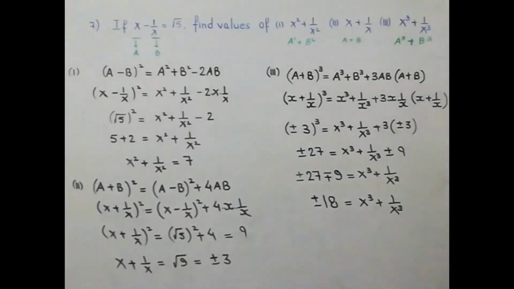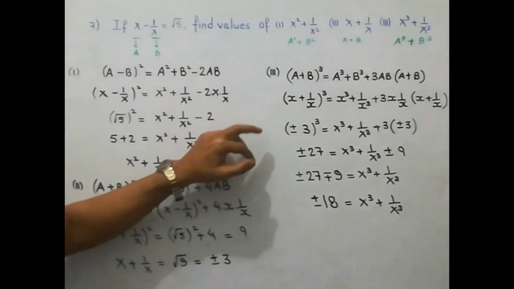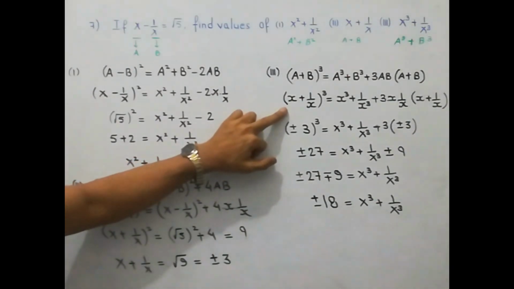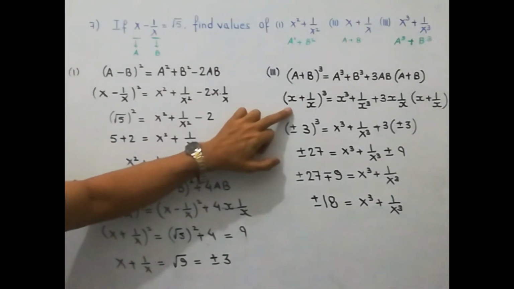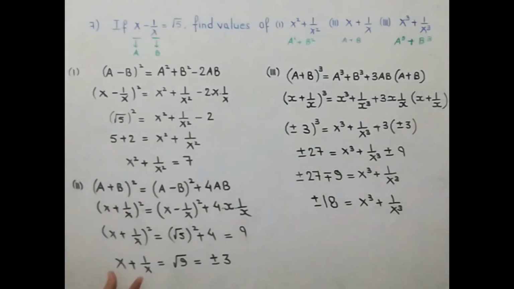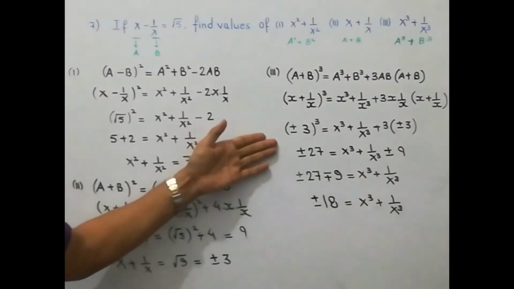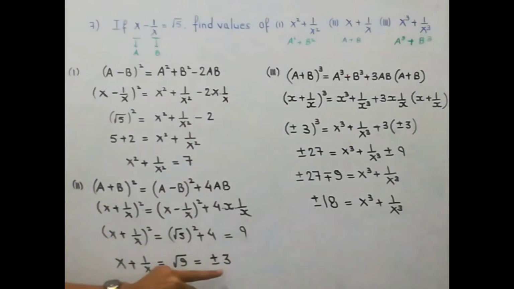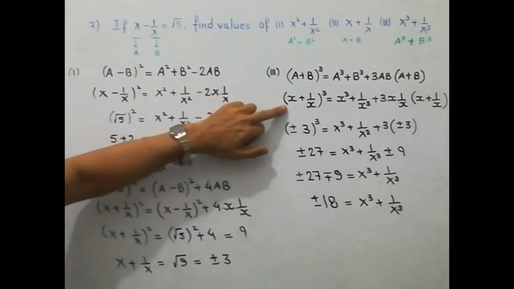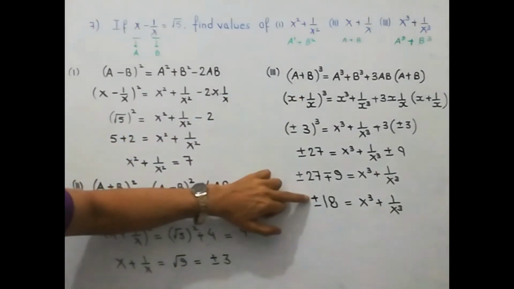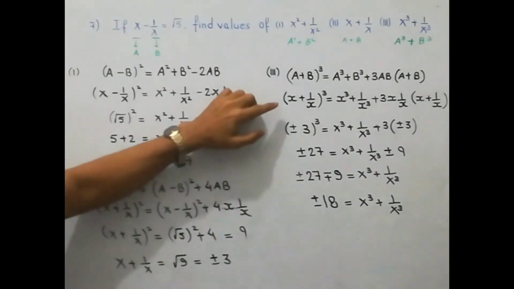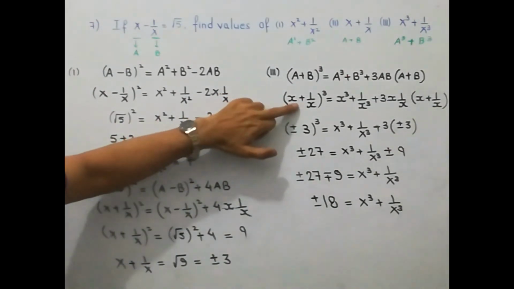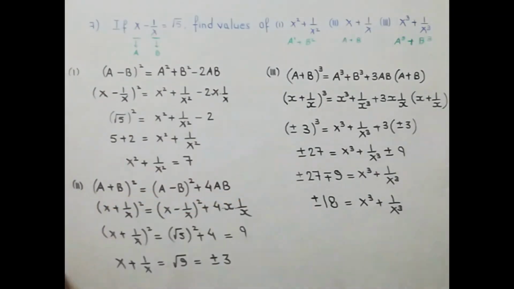Now this we could have done in two parts. What we could have done over here, after arranging the formula, yes, you have arranged this formula. In this formula you were asked to put the value of x plus 1 upon x. So x plus 1 upon x is having two values. So you could have shown this result in two steps. Once you could have substituted plus 3 in this result, you would have got plus 18. In the second part, you could have substituted minus 3 over here, and then you could have got result minus 18.